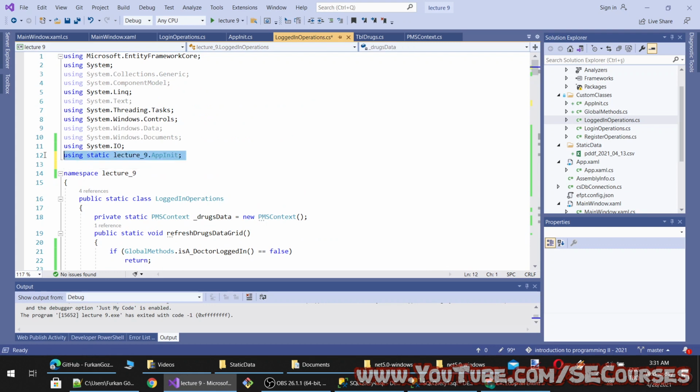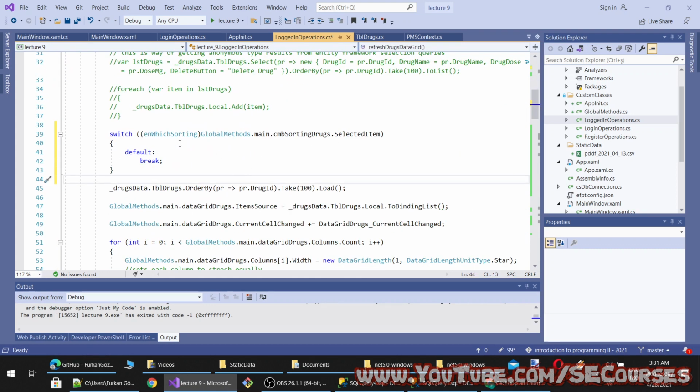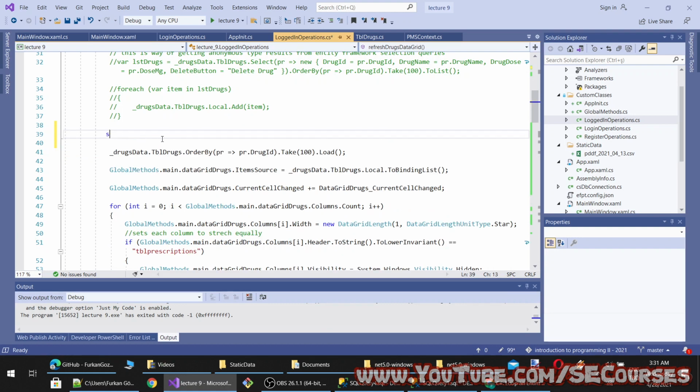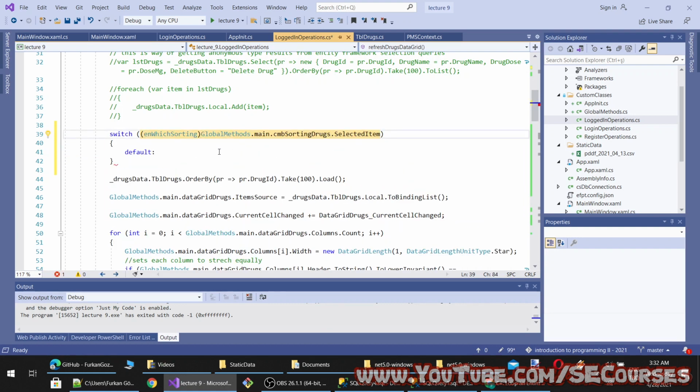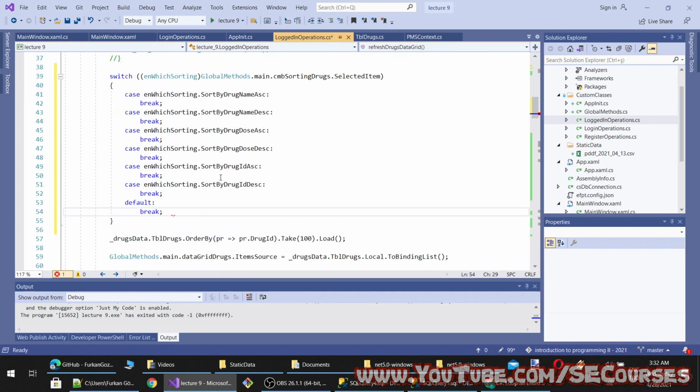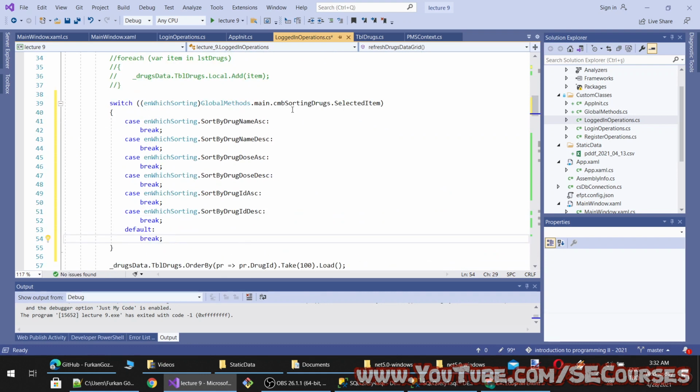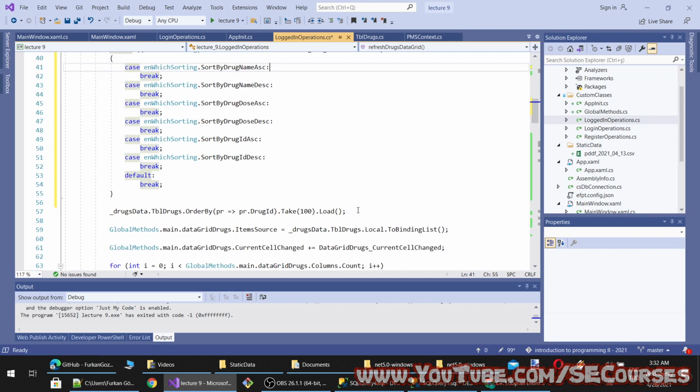So here, now that I can use it, and now it should automatically generate, I think, switch. Okay, they are automatically filled, as you see, and now based on the selected option, I will use it.